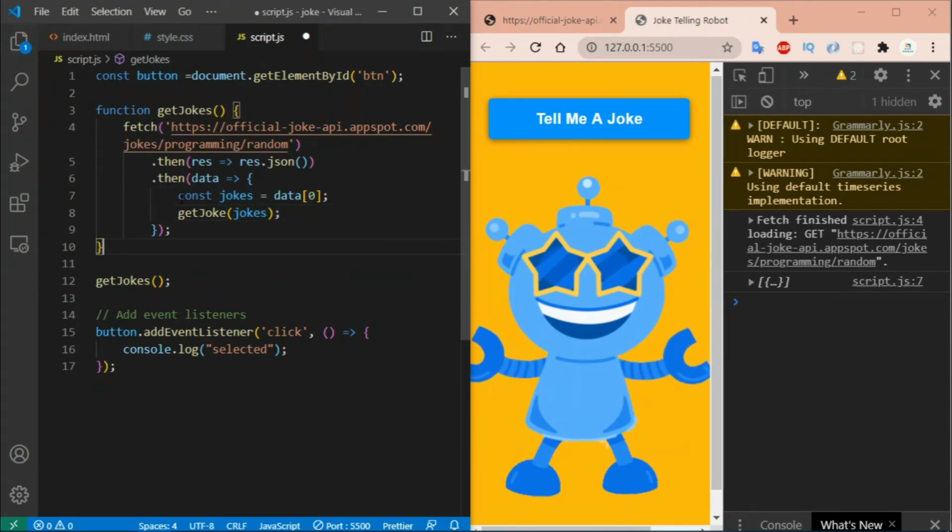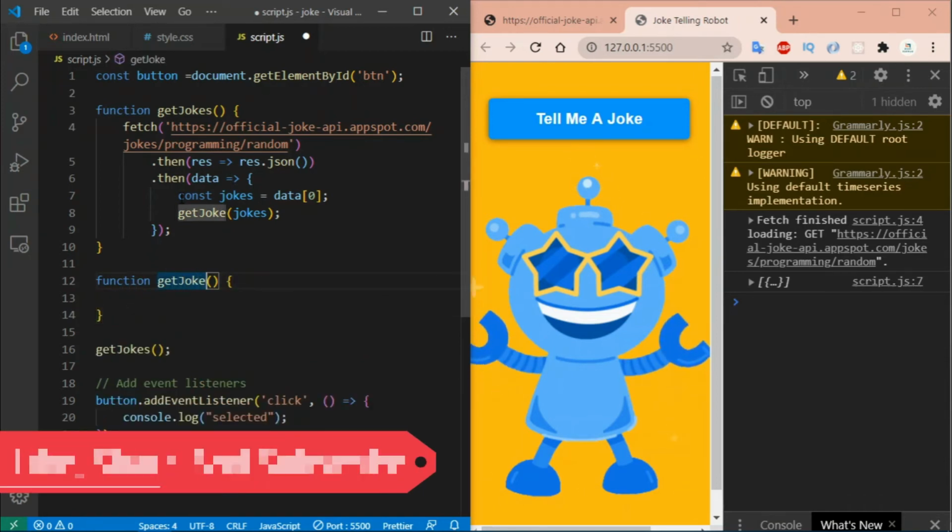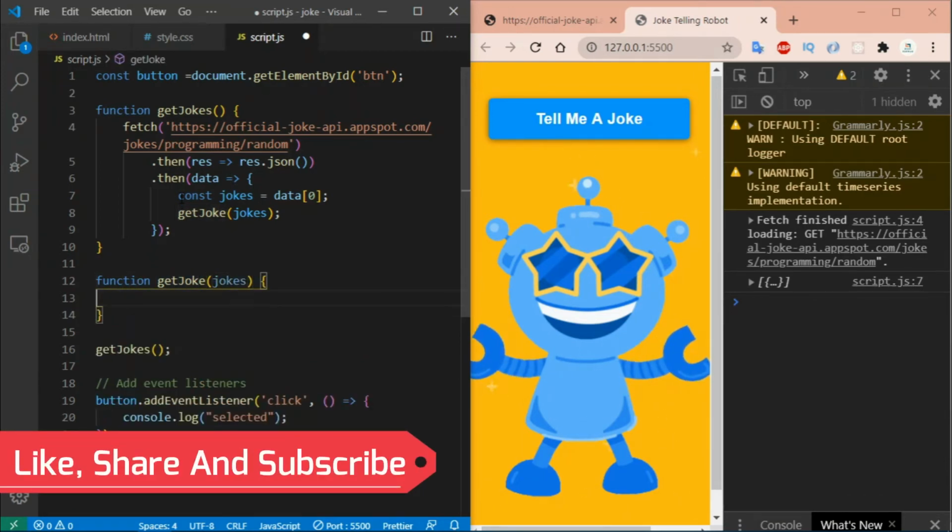Okay, now we need to create this new function like this, function getJoke, and give it an argument of jokes.